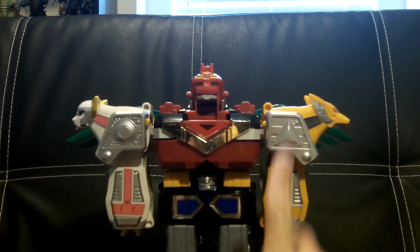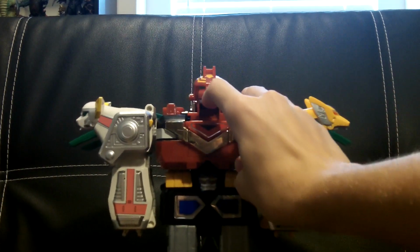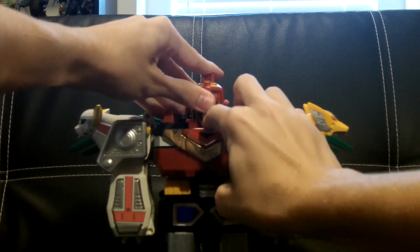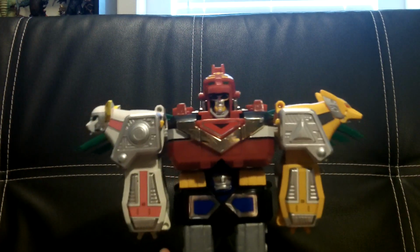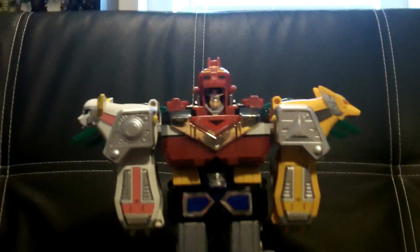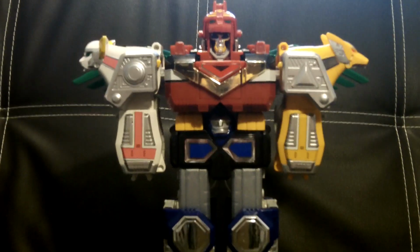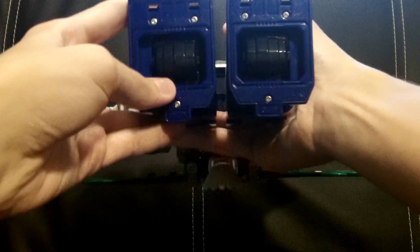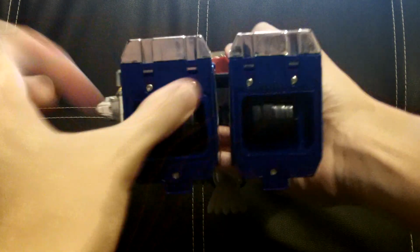And the final thing is to fold down the head just like that. And now you sort of have the Lost Galaxy Megazord. Now you're probably wondering where his hands are. Well, another interesting fact is that they're just neatly stored right down here in Gorilla's feet, and all you